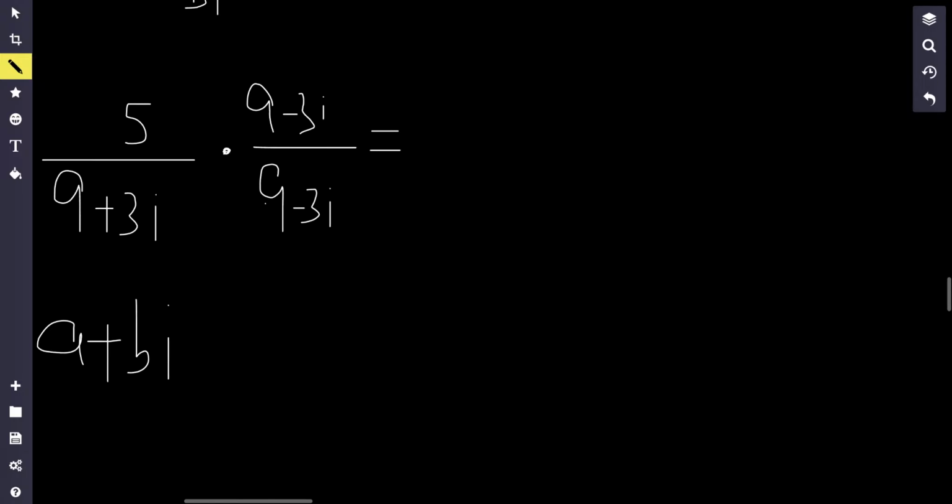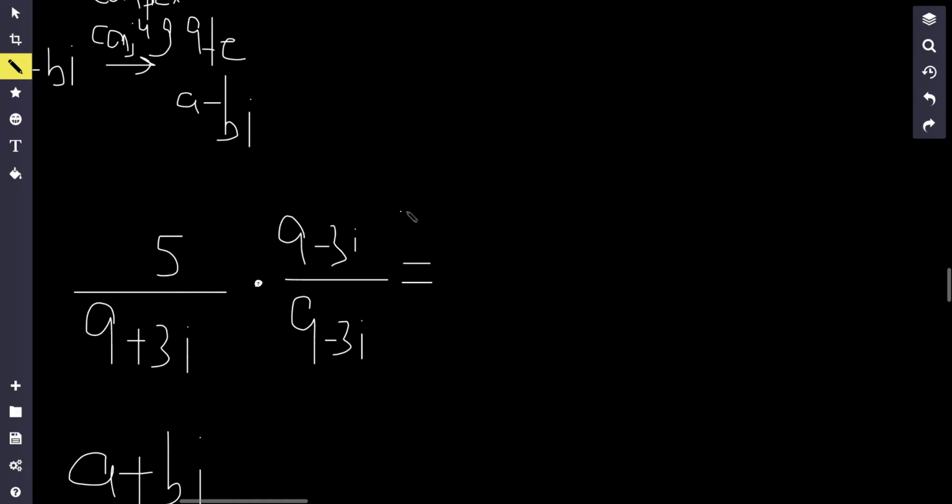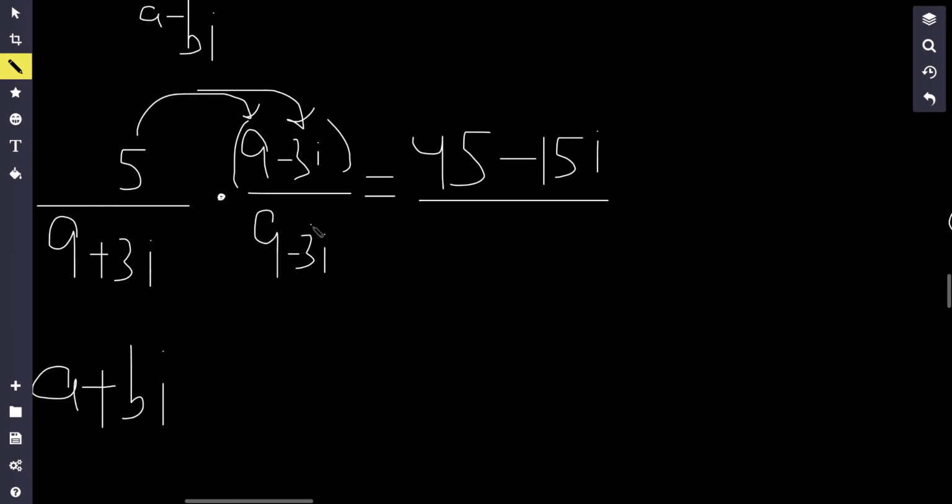If I just multiply the bottom, then this isn't the same expression. It's going to lead to a completely different answer if you just multiply the bottom by a minus bi. Okay, so for the top, you're going to do the distributive property. So 5 times 9 is 45, and it's going to be minus 15i, right? Because 5 times negative 3i. And for the bottom,